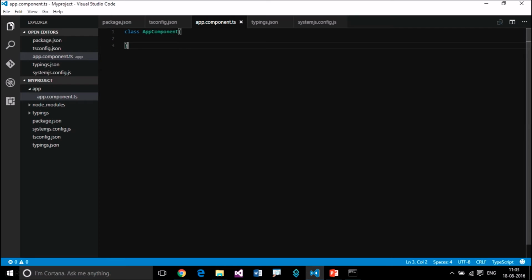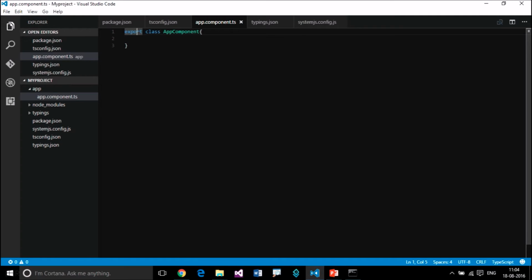If you want to make this class available for other modules to consume, we need to use the export keyword. Now this is available for other modules or other components to consume. Otherwise we cannot use this outside of this file. So we need to prefix this class with export so that we can use this in other modules.